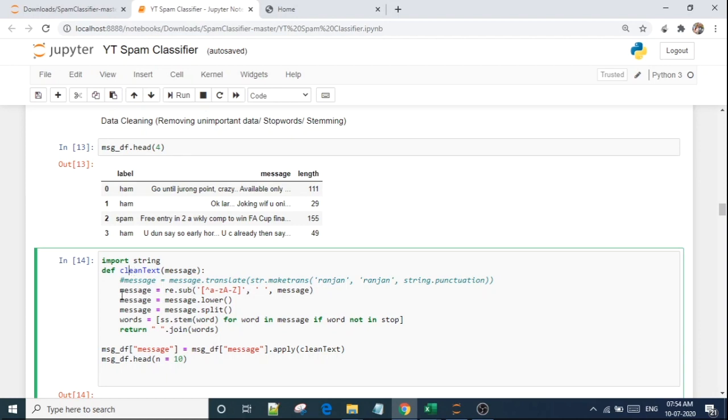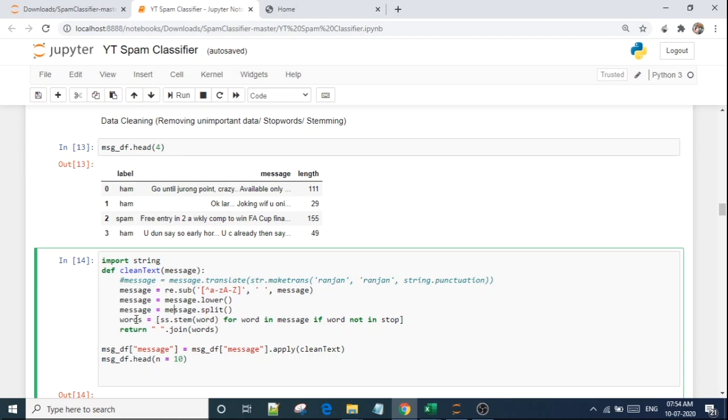In this, I will use regex, and in regex there is a function sub. This is a not: other than the alphabet, small a to z or capital A to Z, it will replace everything with a space, and it takes a message, whatever argument is passed to the function. Then I will make all characters lower. Once it has lowered the characters, I will split into words, because I have to split each sentence or each message into words. That's why I am splitting here.